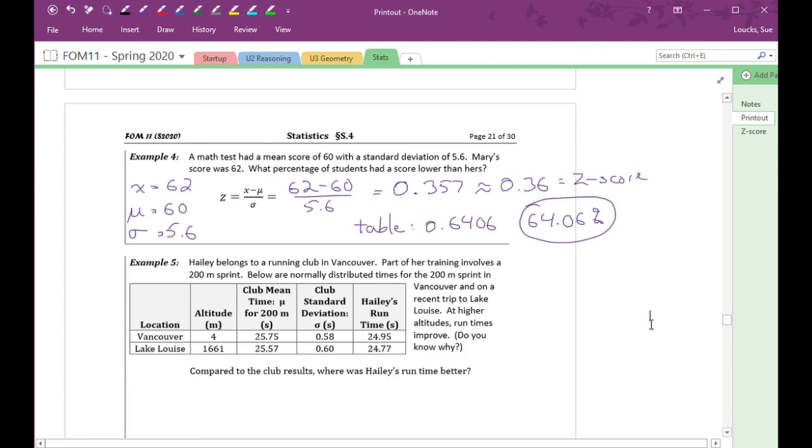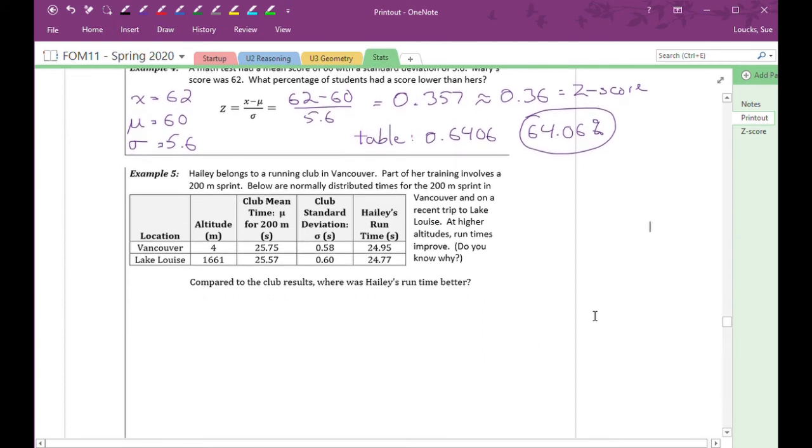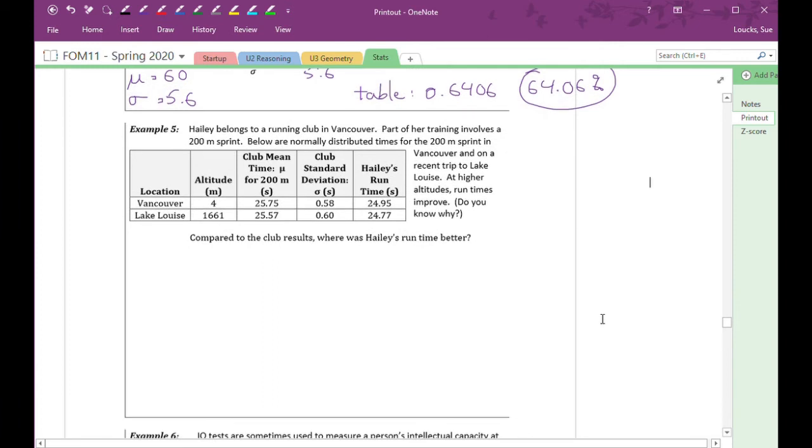So her time was faster in Lake Louise, 24.77 seconds instead of 24.95 seconds. But where was it better compared to everyone else? Let's see. What we're going to do here is look at the z-scores. So in Vancouver, her z-score, which is x minus mu over sigma, and that is on your formula sheet,